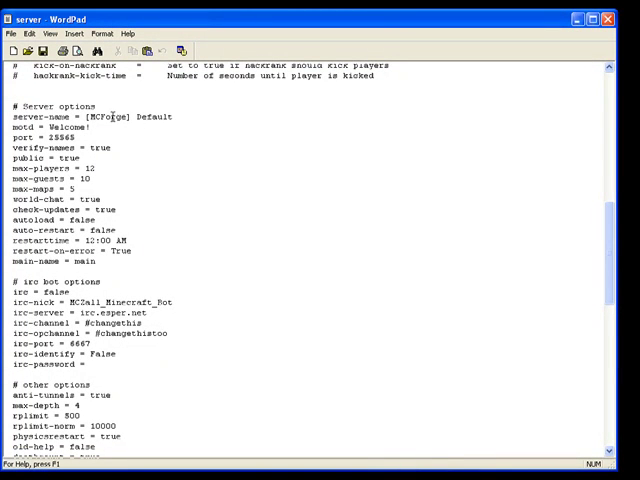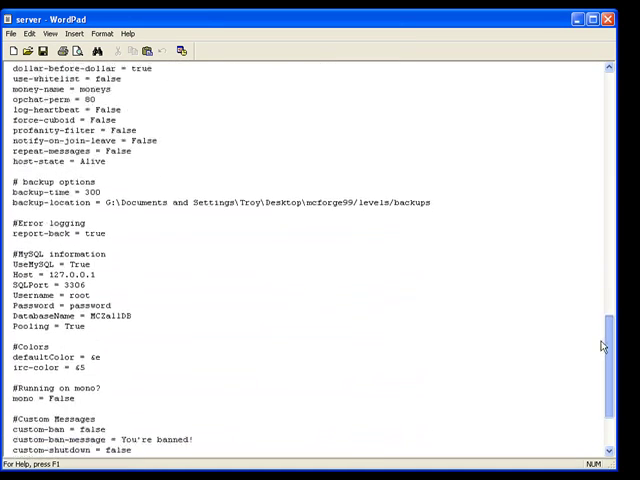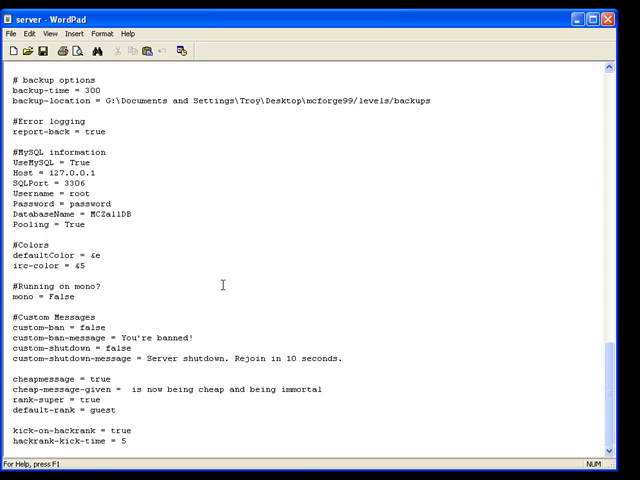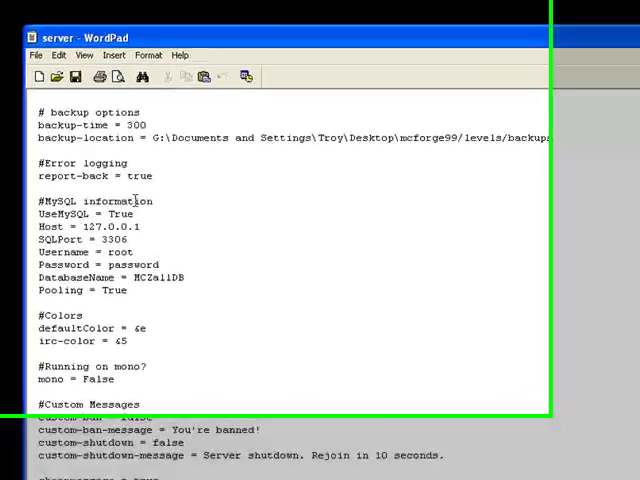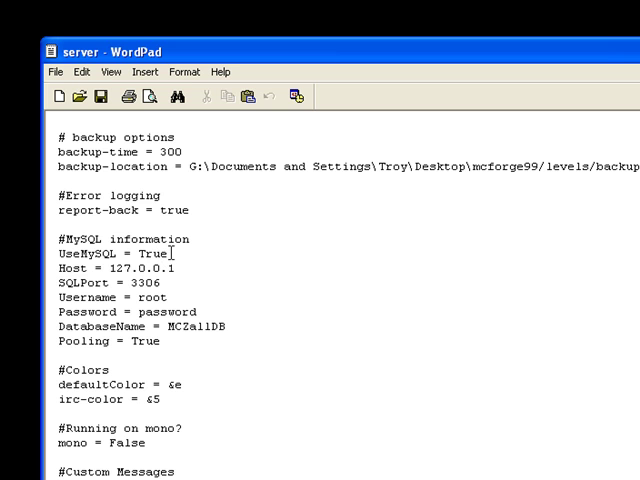See, like it has the server name. Don't worry about that in here. I'll show you where it gets fixed. Scroll down almost to the bottom. You can have MySQL information. Use MySQL equals true. I guess you can turn it off, but don't need to. Host is going to be, just leave host. Leave everything. The only thing you're going to change is the password, to the password that you set up